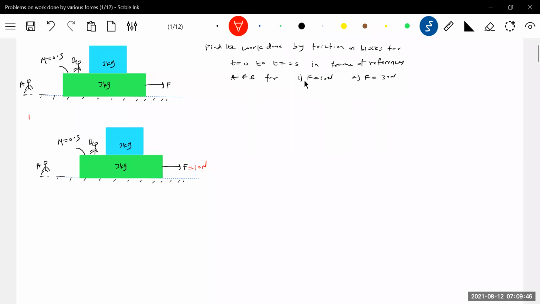Now, first case we are discussing when applied force is 10 Newton. There are two persons. Let's see what about the work done by them. Now, I need not put so many things. I'll just write N1, this N1, 3g, N2,